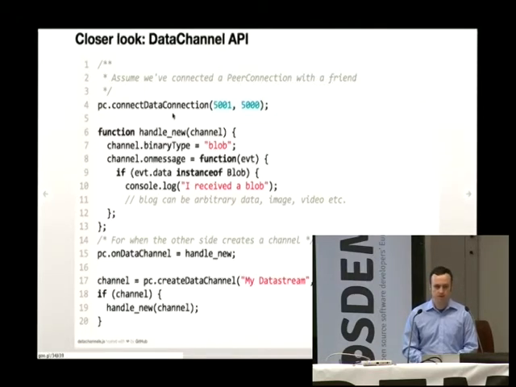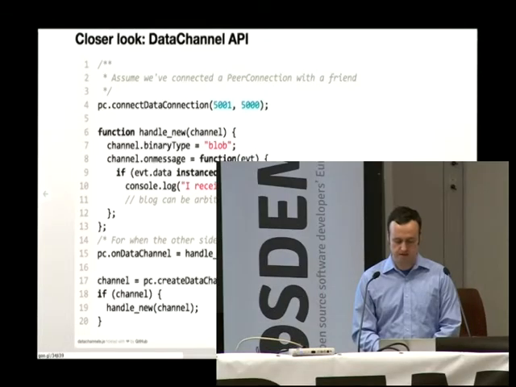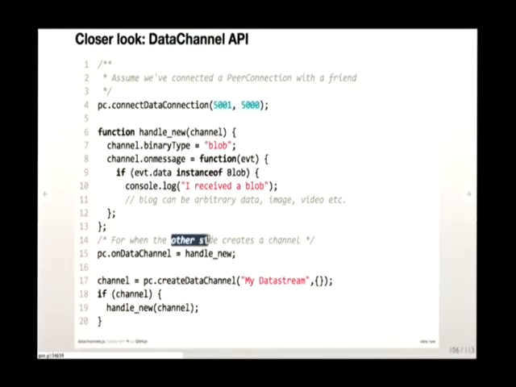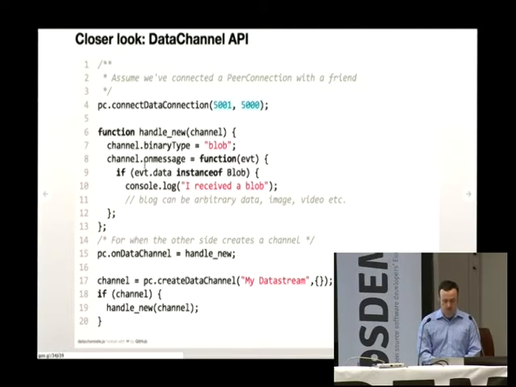Here you can see it's equally simple. In order to open these connections, you get your data channel established, you create a channel, my data stream, and then you're able to handle the events as a new channel comes in, when the other side creates one. I've simplified it a bit. It links back to the full source code if you want to take a look. But the key point this example is trying to communicate is that you're able to get these binary types across the wire, across peers. So that gives you a lot of flexibility.